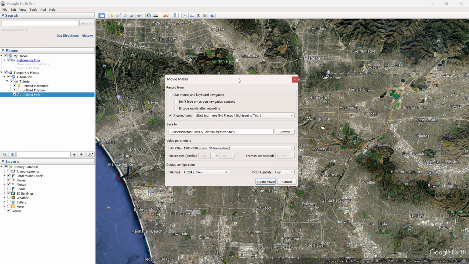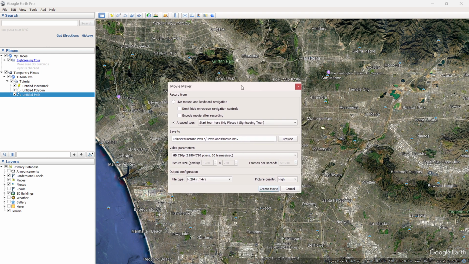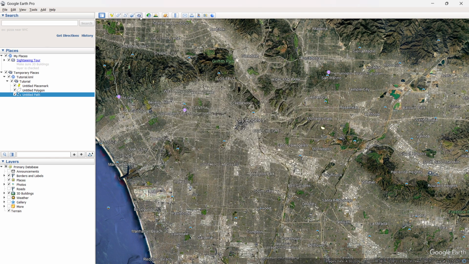So the first thing you have to do is, of course, record it. So if you want to know how to do this, it's super simple. You simply want to close this. You want to click on this button up top, which is called Record a Tour. Of course, down here, you can start it by clicking on this button, and then you can just start your